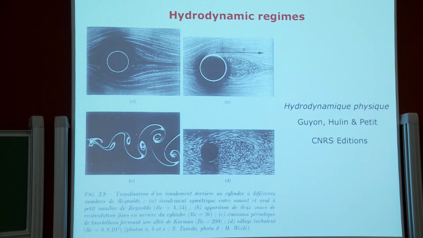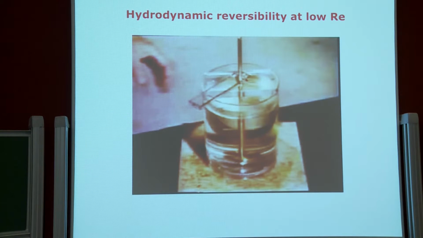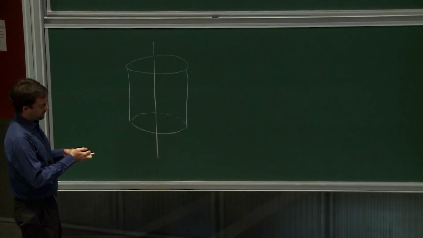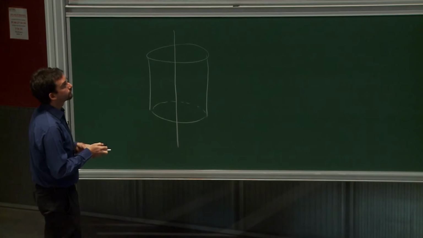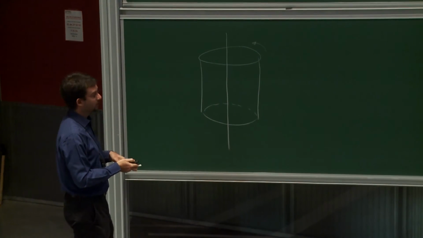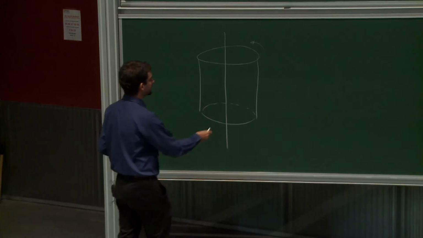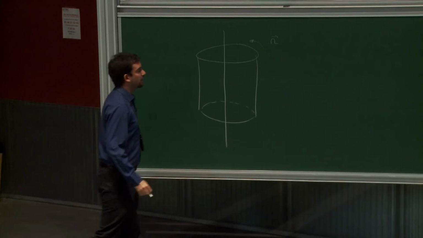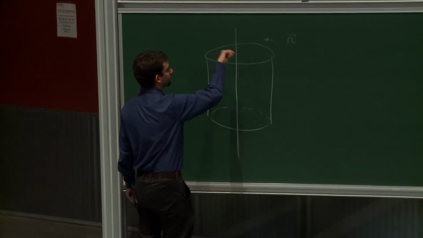So the last illustration of this hydrodynamic regime is an experiment where you shear a fluid in what is called a Couette cell. So what you have here is a cylindrical cell with an axis in the middle that you can see here. And what we're going to do is to rotate the outer part of the cylinder. So the fluid is between the axis and the external wall. And if you do this at a constant angular velocity omega,